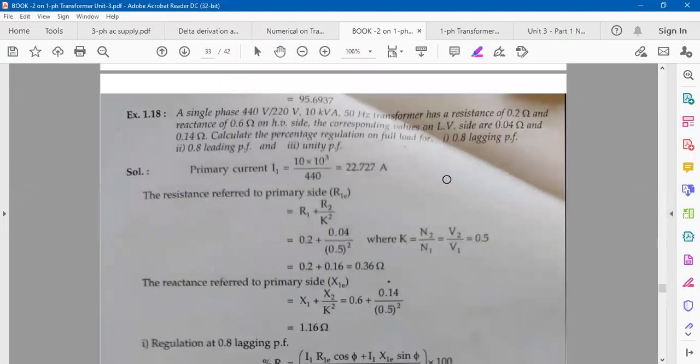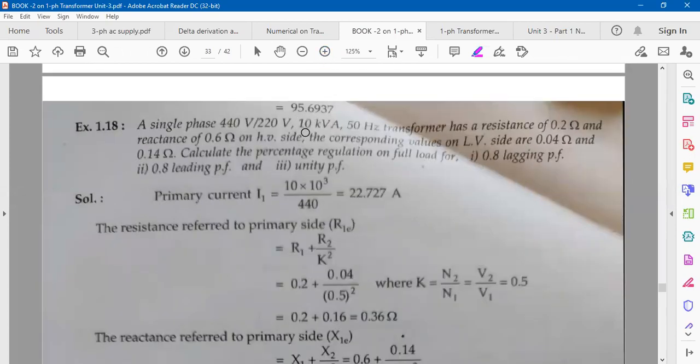See here, in this sum, you have to calculate voltage regulation for all power factors, meaning lagging, leading and unity. Okay, so a single phase 440 volt, 220 volt, 10 kVA, 50 hertz. And you can see here, it's a step down transformer. Full load kVA rating is 10, 50 hertz frequency, has a resistance of 0.2 ohm and reactance of 0.6 ohm on HV